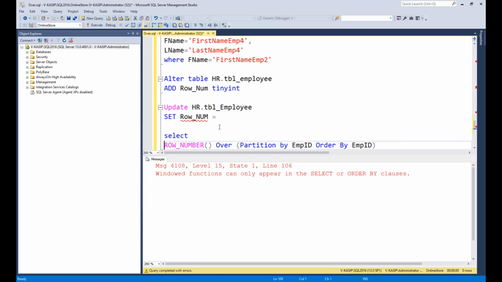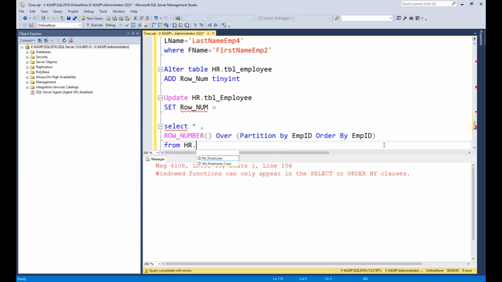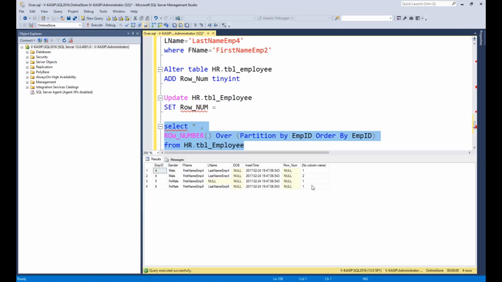Okay, SELECT star comma, so I have here, right, star comma. FROM, you can write FROM, correct? Yeah, we need to write the FROM clause, hr.tbl_employee. Okay, now you got it, right? So here I can use